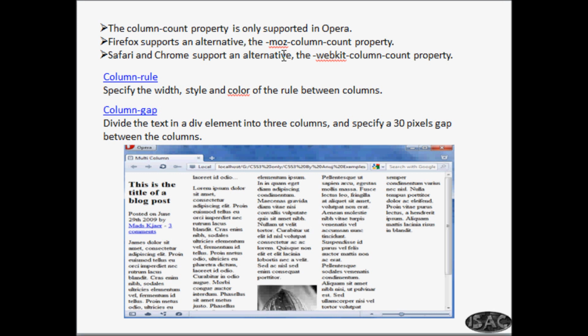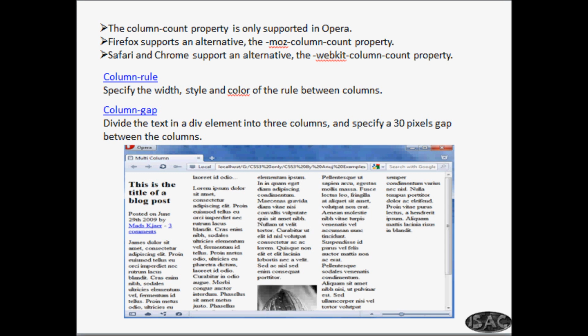Firefox supports an alternative, the hyphen moz column count property. Safari and all use WebKit column count. But you will be getting it only in Opera here because Opera has the implementation of this. Okay, and column rule and column gap here. So how much is the gap between the columns, right?